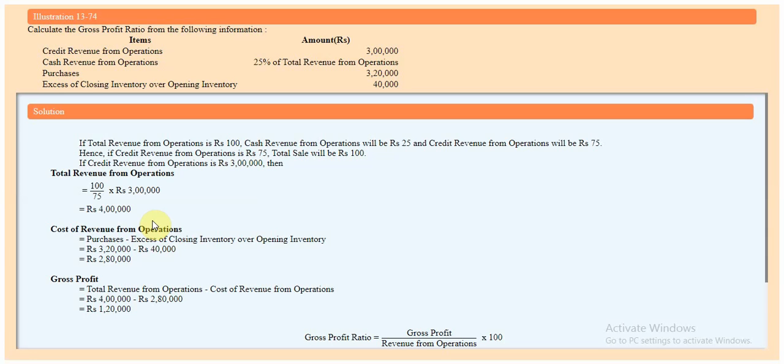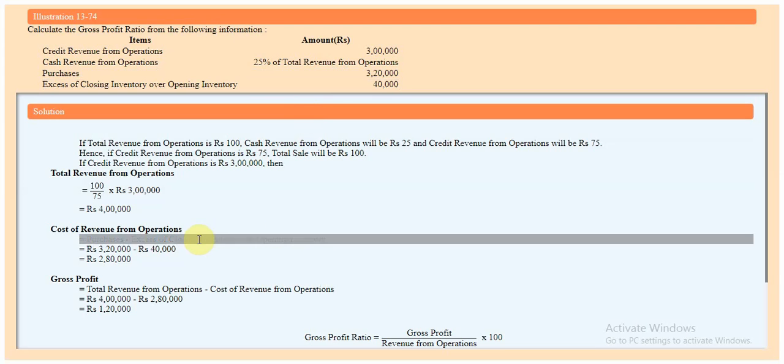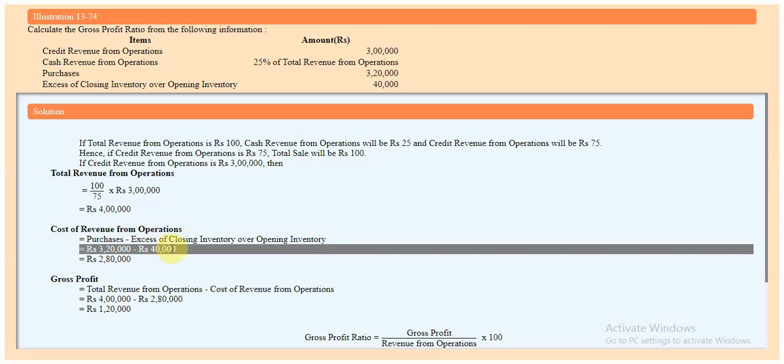So it will be purchases plus opening inventory minus closing inventory. In the question we have purchases, so we can directly take purchases, but with the purchases we have to add opening minus closing inventory. Do we have opening minus closing? No. In the question they have given us closing minus opening, so they have given the reverse of what we need. So what should we do? We should subtract it from the purchases. If it was opening minus closing inventory, you would add it to purchases. Purchases plus opening minus closing, or purchases minus closing minus opening. That is also correct, right? So that way we have 3,20,000 minus 40,000, that's given in the question.